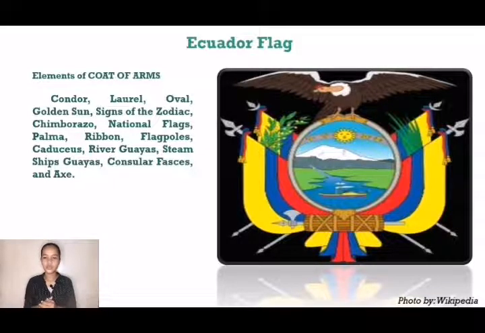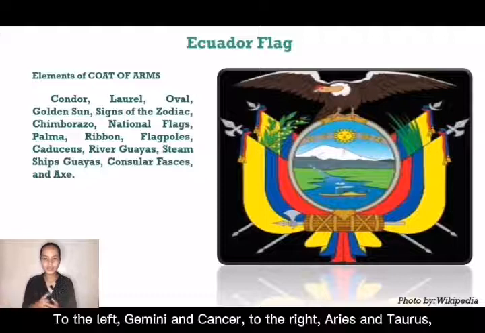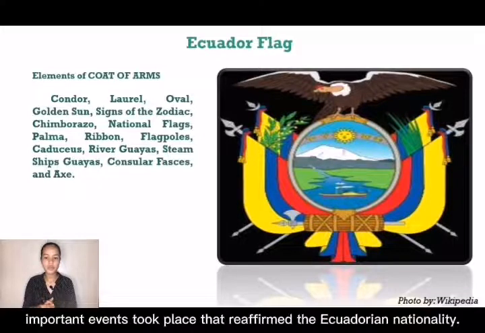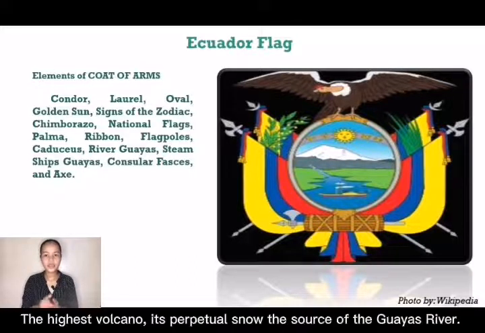Signs of the zodiac: to the left, Gemini and Cancer; to the right, Aries and Taurus, which represent March, April, May, and June, months during which important events took place that reaffirmed the Ecuadorian nationality. Chimborazo, the highest volcano, its perpetual snow, is the source of the Guayas River.